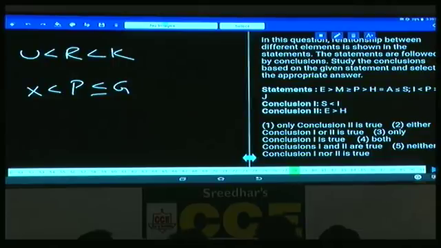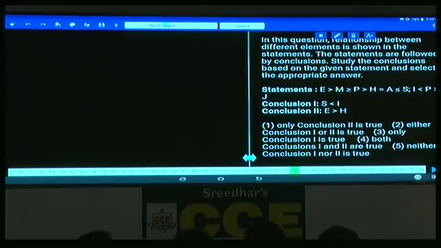Now in this question number 78, now the relation between S and I. Where is I? I is somewhere here and S is here. What is the element which is common? P is common. Now the relation between P and S cannot be identified because one greater than, one lesser than, two opposite symbols. Hence, first conclusion does not follow.